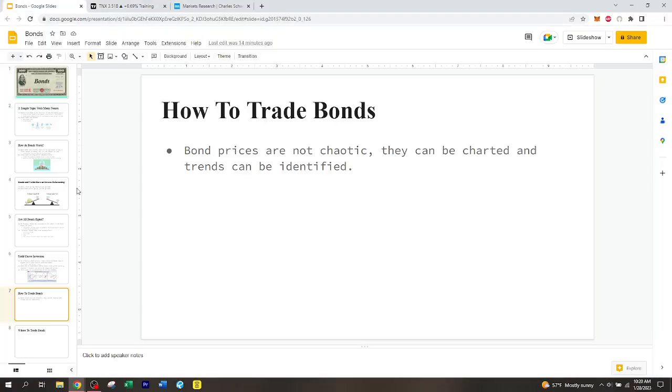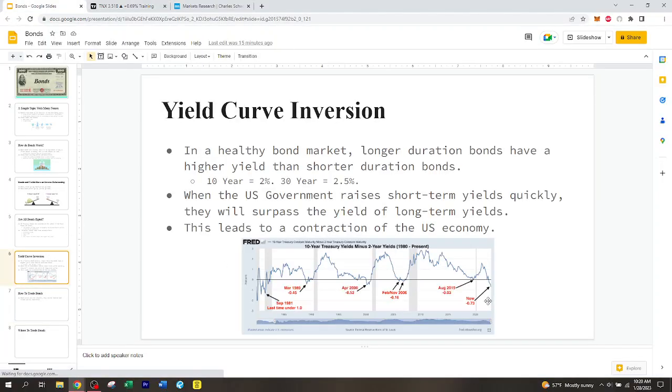So that is where this yield curve inversion comes into play. The yield on the 2-year is greater than the yield on the 10-year. So that is why this inversion is happening. We had this disparity between short-term yields and longer-term yields. There is a lot of tension in the U.S. economy right now, and that is why investors are demanding a higher yield for shorter duration bonds, because they don't know what's going to happen in this shorter duration time frame.